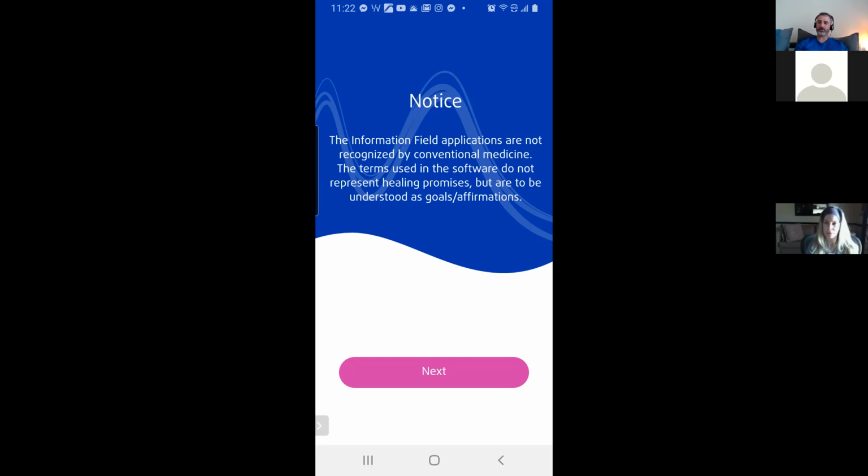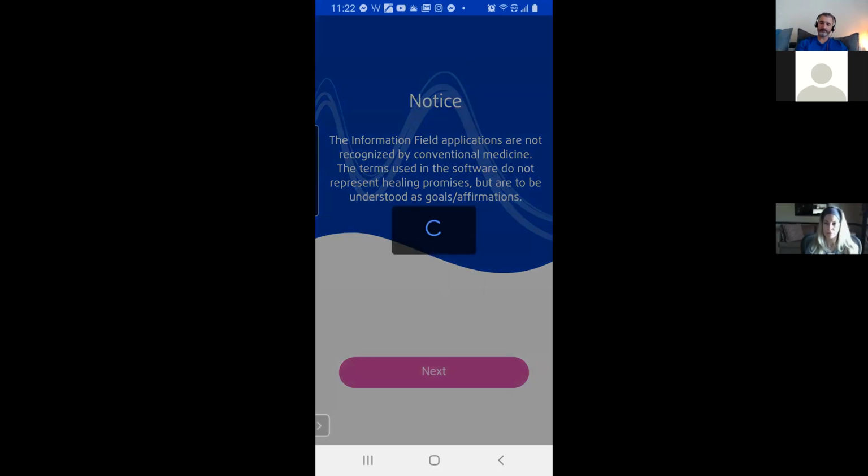So first I've got to make sure that this device is on, and I'm going to hit next. We'll connect to it. And like I said, I can do everything with my resonance, running it while it's actually plugged in as well.